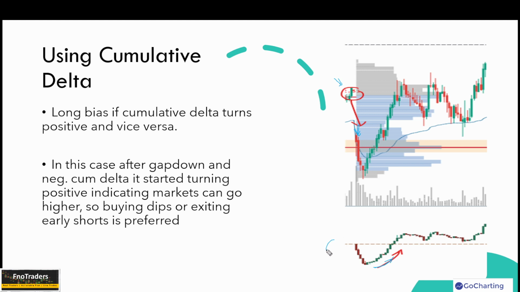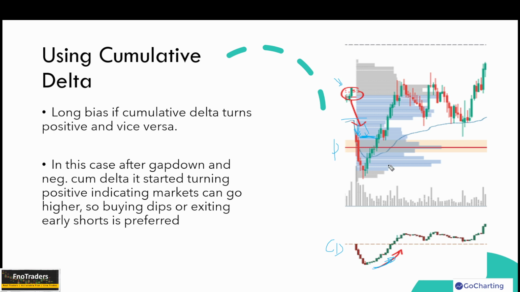This is the cumulative delta chart for you, and this is the price chart for you. So cumulative delta started to turn positive, so it was a signal for me that, okay, I don't have to wait for a larger stop loss, probably book it early. You save some points here, book it early. That is one. Second thing is because cumulative delta has shifted, I will not now prefer my short signals,